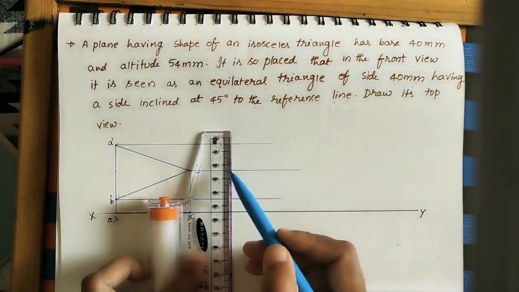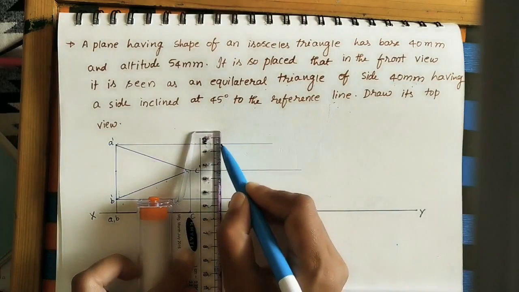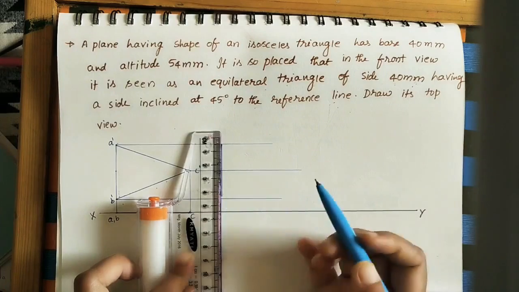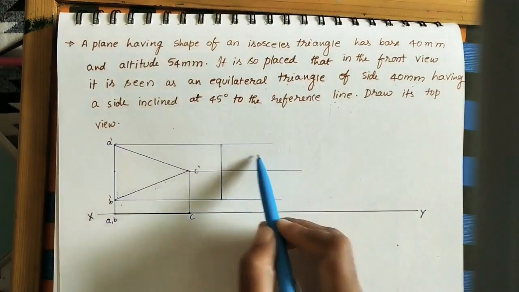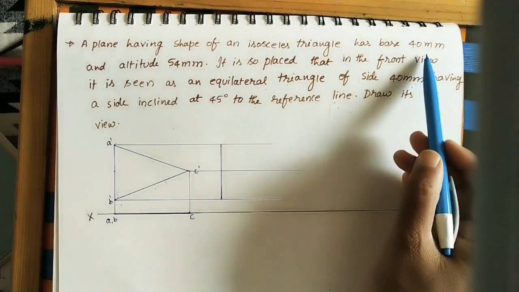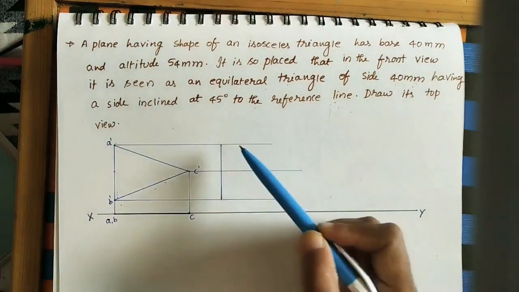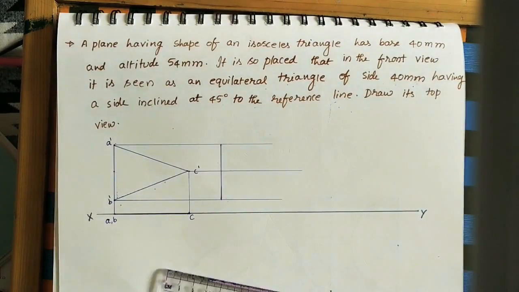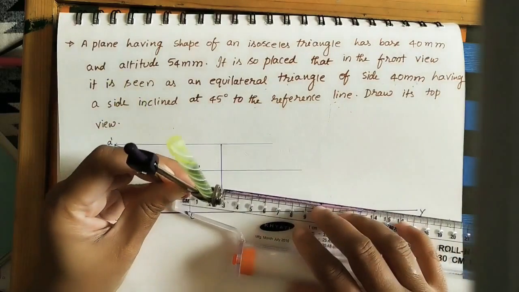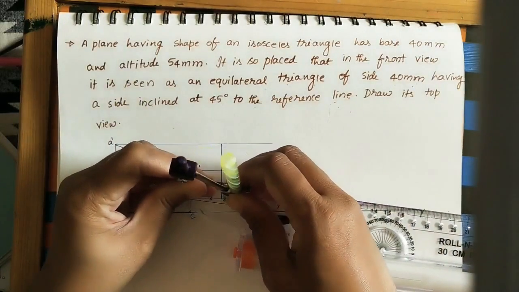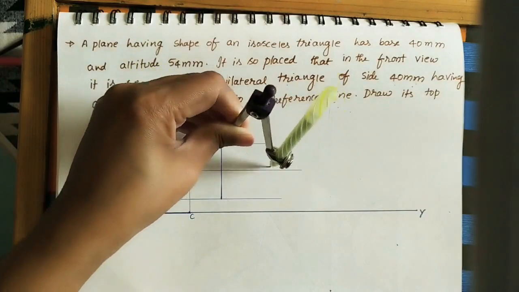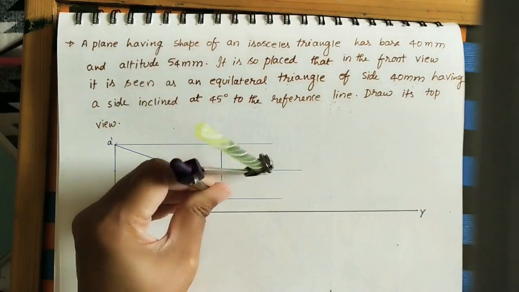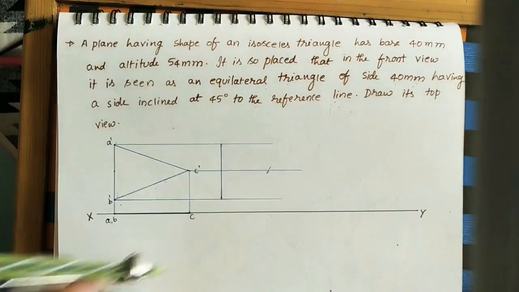And after some gap, after this triangle, take a 4 centimeter line. Okay, already it is 4. We need to do the equilateral triangle of 4 centimeter. The remaining two sides are also 4 centimeter. By using the compass, take 4 centimeter. Take this as a center. Do an arc here. From this also, we will get the intersection point here, the same point.